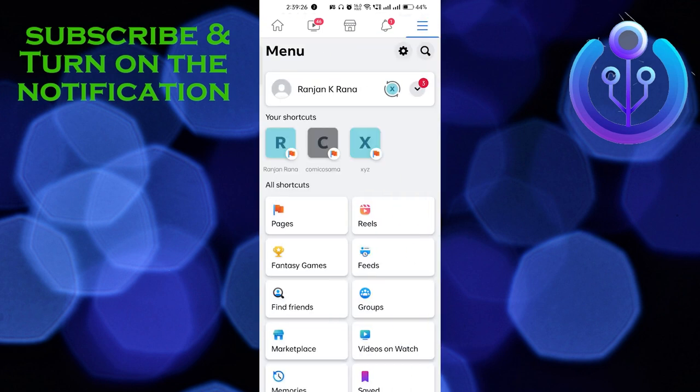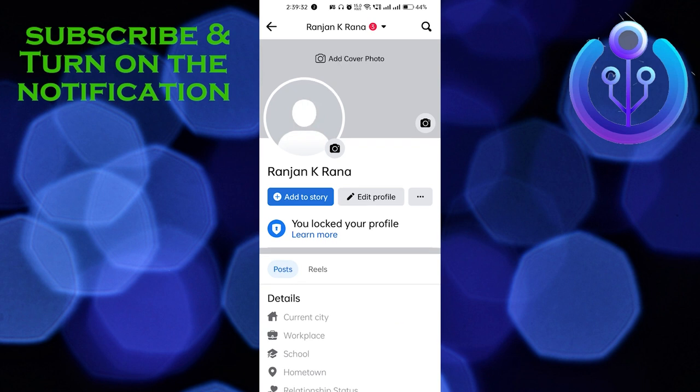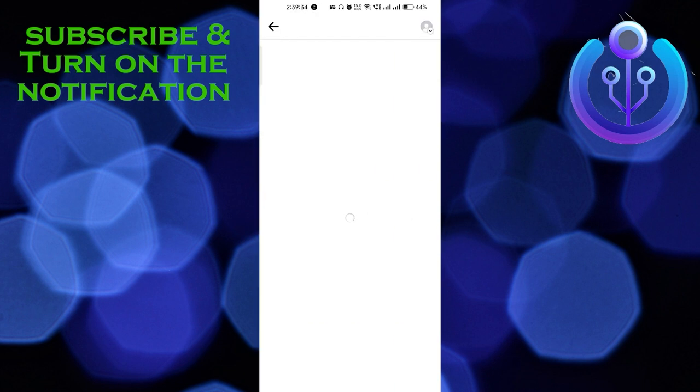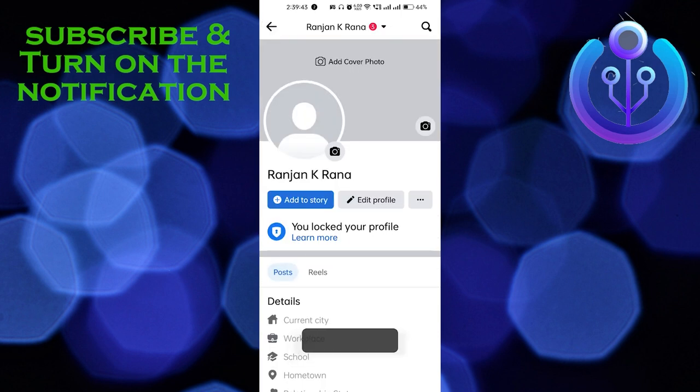right side corner. And after that, you have to just click on your profile and click on the three dots, right? So let me just show you the three dots, the three dots which is here in the right side. And after that, it will take a few seconds and you have to just copy your profile link. And why I'm making you copy your profile link, I will explain later, so just watch the video